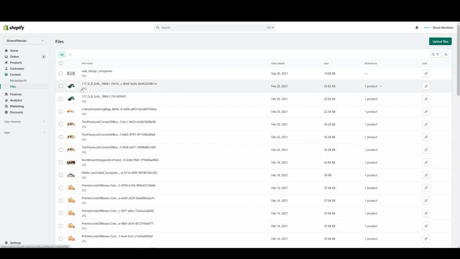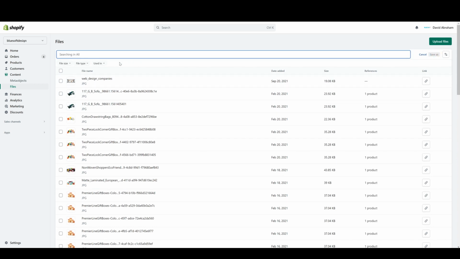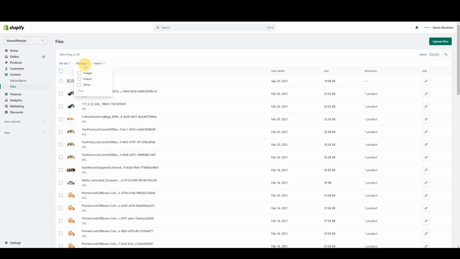So the Files tab is going to have any media information that you upload to your store, whether it's PDFs, video files, music files, image files, everything is going to exist over here. And you can go ahead and filter your files either by clicking search up here. You can search for a particular file by name. You can filter down by file types. You can filter down by file sizes, or you can filter down where the